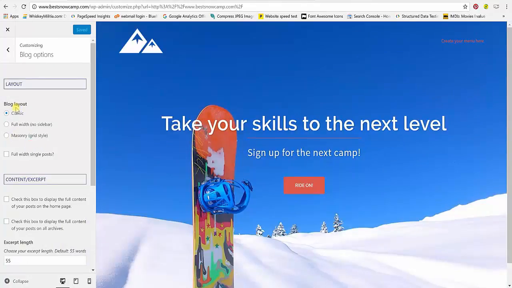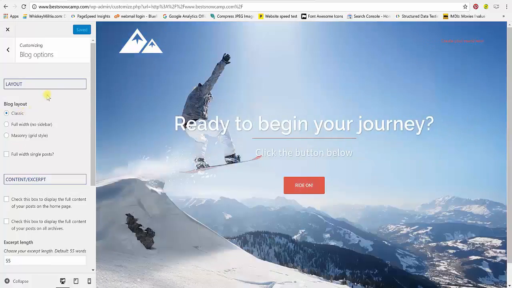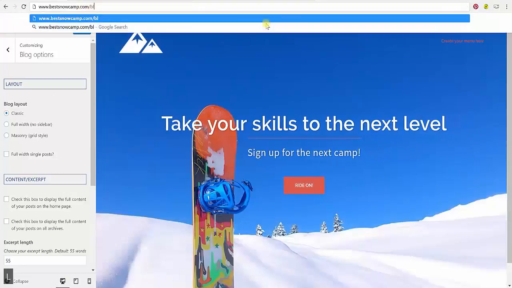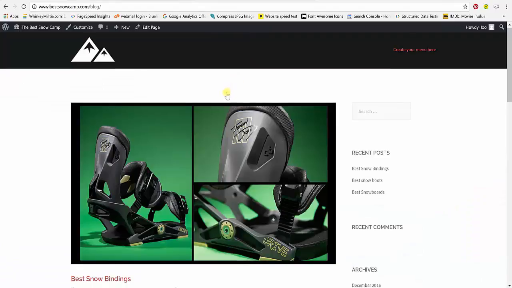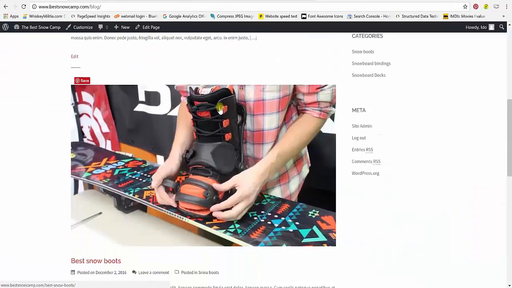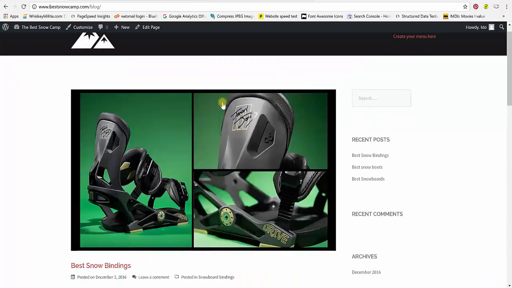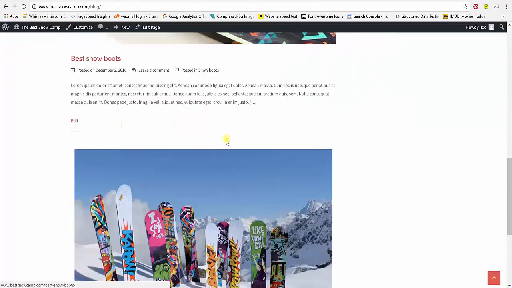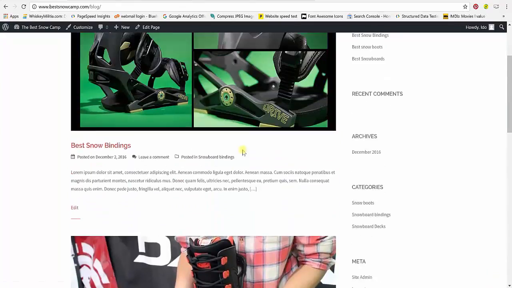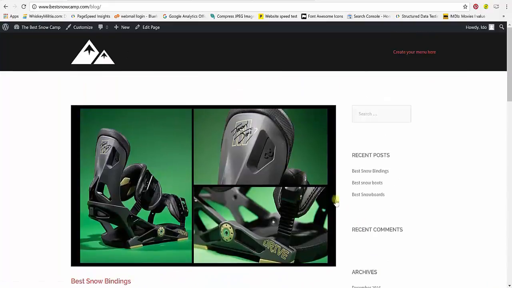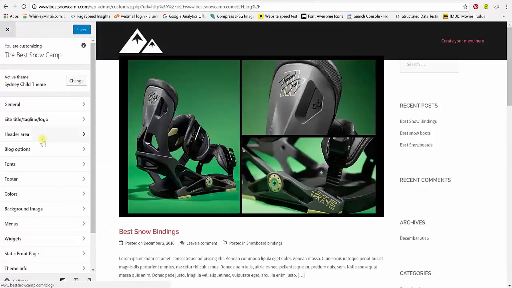But in order to see the difference between the three options that they offer us, we need to go to our blog page. So go to your blog page by changing the URL to yourwebsitename.com/blog. And here you can see the default layout. And the default layout is one blog under another, just as you can see here, with a sidebar on the right. I really like this design, I like this layout, but you can change it by clicking on customize, and